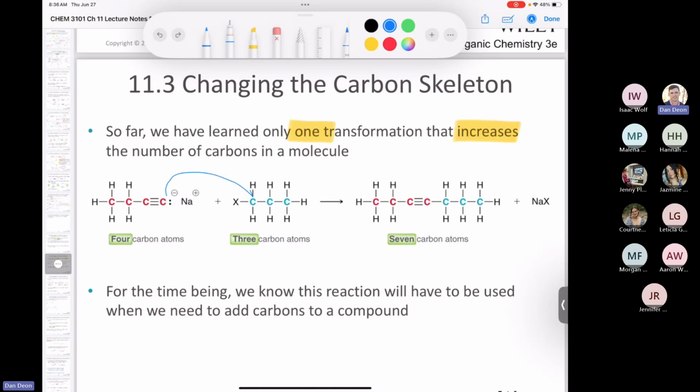Just do an SN2 reaction on a primary or methyl alkyl halide, and that's it. That's all we've got. It's the only thing. Again, later on, we'll look at a whole bunch of cool ways to do this. But so far, if you see a bigger carbon skeleton, it means that this reaction or something like this has